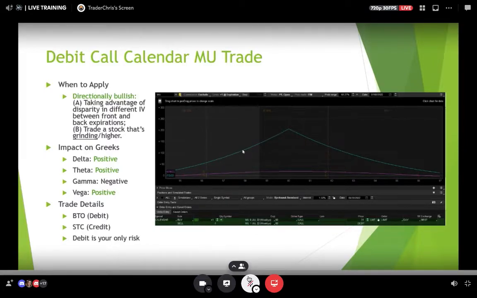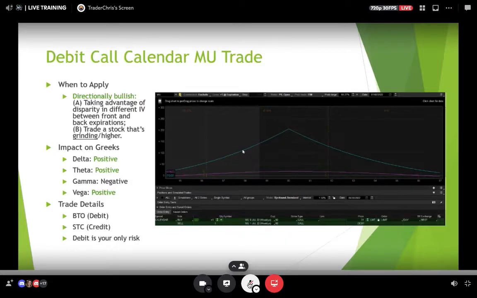And most stocks, when you look at the option chain, you can see that the volatility is consistent throughout the different expiration periods. When you see a difference, look at that stock and say, I don't really know why, but is there an opportunity for a calendar? Because remember, calendar is good for something that's just grinding. It doesn't have to move a lot. As long as it goes in the direction that you pick,